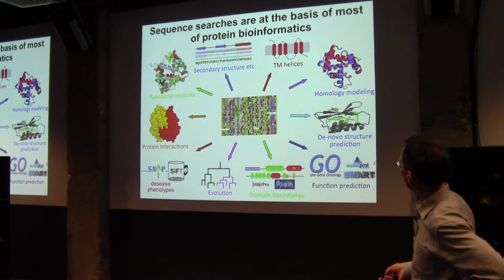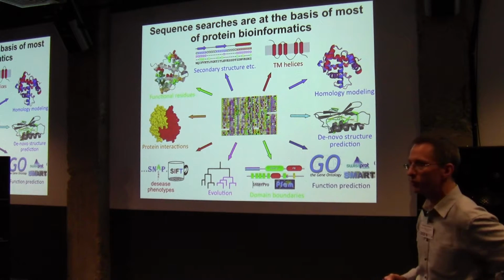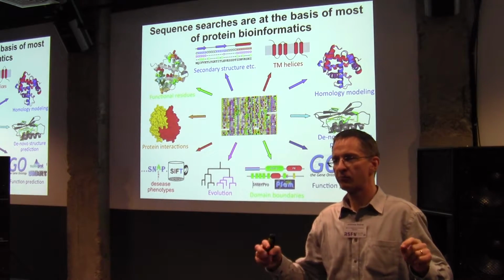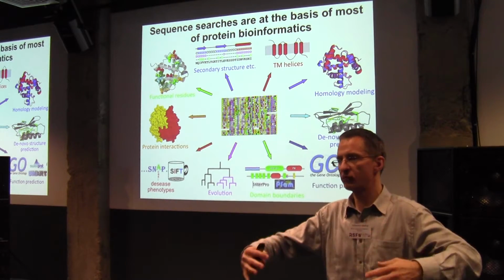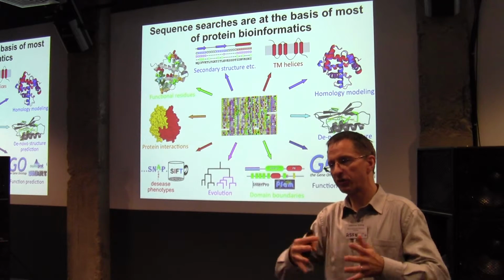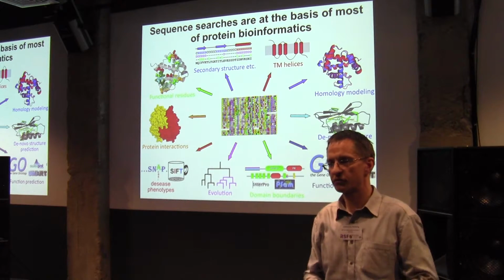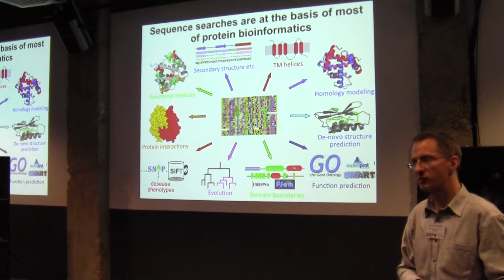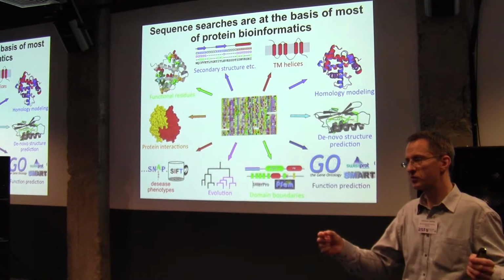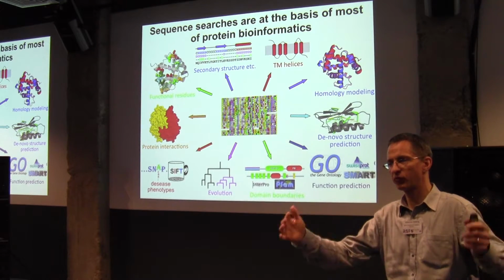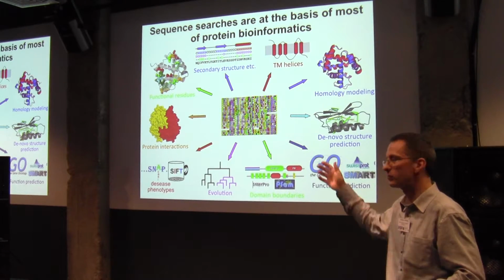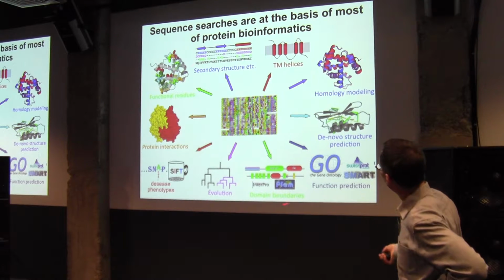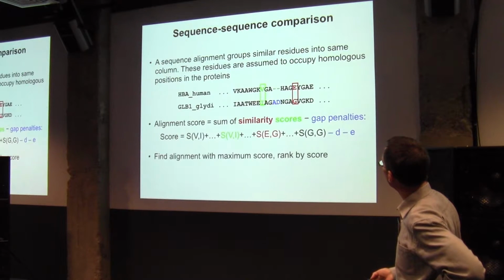So first I want to just motivate that most of what we do in protein bioinformatics is not done on the single sequence level. But almost always we first search for homologs, build a multiple sequence alignment, and then we do our predictions. For example, secondary structure prediction, membrane analysis, everything you can think of. Because most of these things that we want to predict for a single sequence are conserved among closer homologs. So it makes sense to take them into the game and do a prediction for all of them. So all of these things are done with alignments.